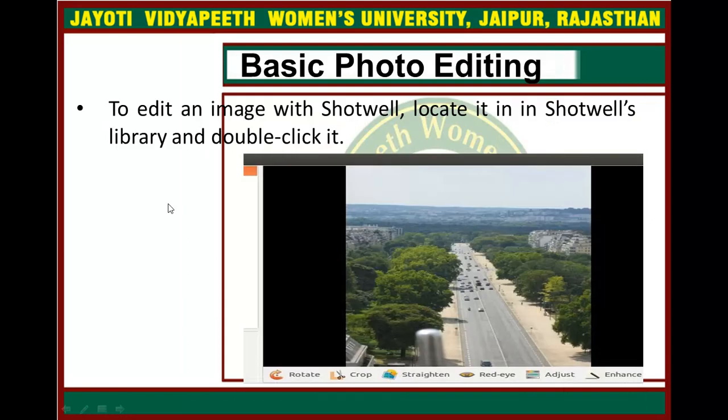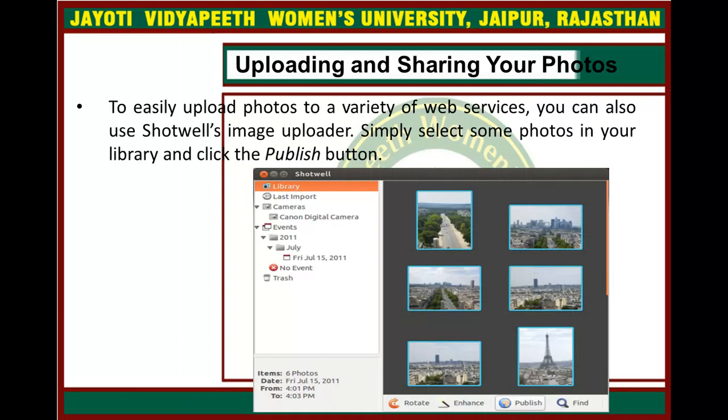Basic photo editing can also be done. To edit an image with Shotwell software, locate it in the Shotwell library and double click. Now, uploading and sharing your photos: to easily upload photos to a variety of web services, you can also use the Shotwell image uploader.